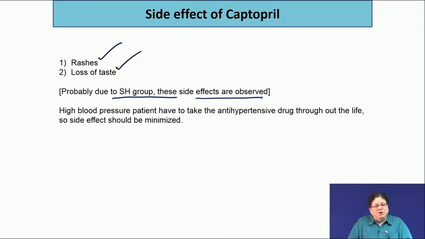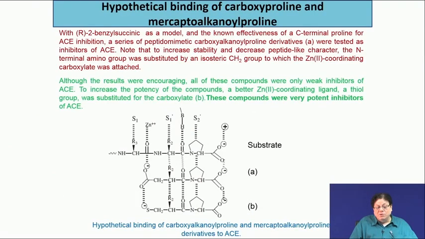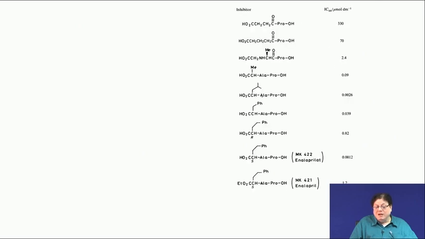So, captopril is not the ideal drug, they realized that because this is one important issue: antihypertensive drugs are not like antibiotics, where I take a course of 7 days and then withdraw, but here you have to take almost lifelong. So, if you have a loss of taste lifelong, you can think that it is a miserable state of life. So, captopril is not the ideal. So, then they started removing the sulfur and see whether a better design can be done. Okay. And this is, I think, here one slide is, yes.